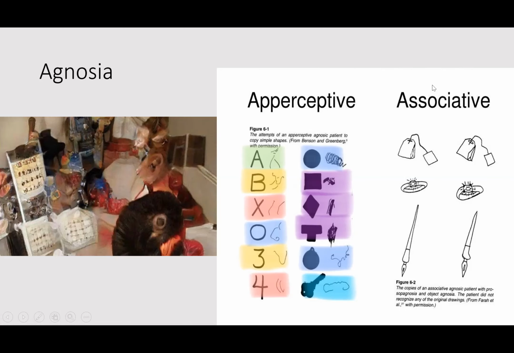And here's kind of what I was discussing a minute ago. With associative agnosia, you can see that the participants replicate the drawings pretty much identically. But here, this is where it gets weird. With aperceptive agnosia, they do not really replicate the objects much at all. But what's very fascinating about this is that there are clear patterns here. And I've color coded this to identify where things overlap.